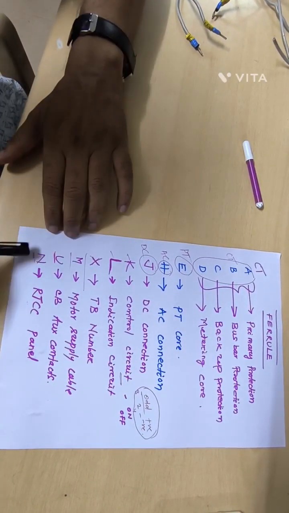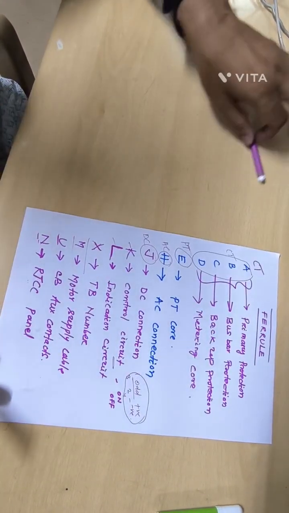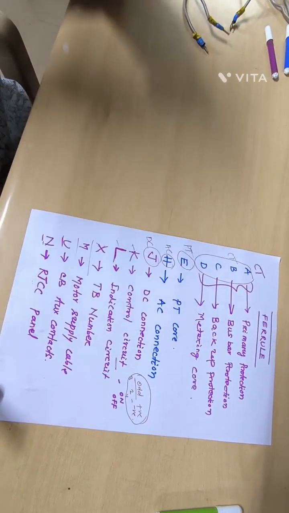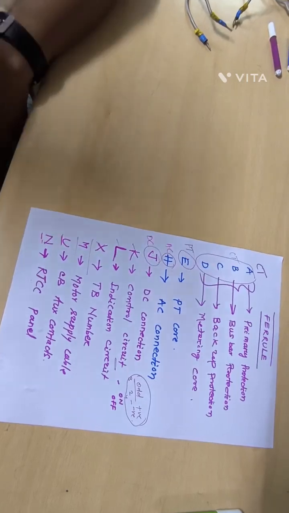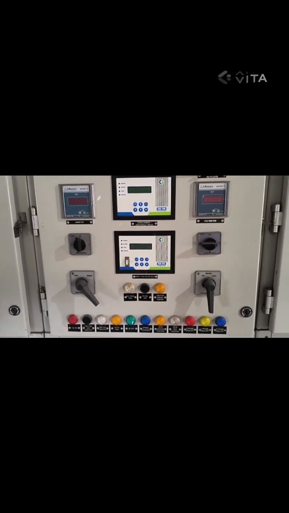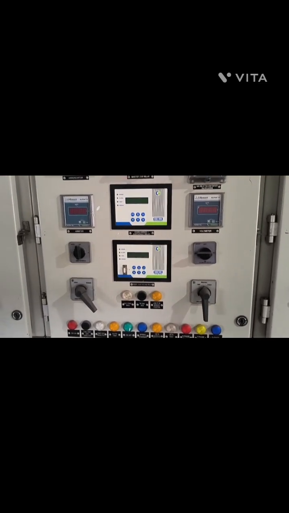Also AC neutral is sometimes denoted as N. So these are all the ferrules. So easily we can remember it, just like ABCD, E, H, J, K, L, M, N, U, X. So practically we'll see how ferrules are important and how easily we can identify which cable is connected for which